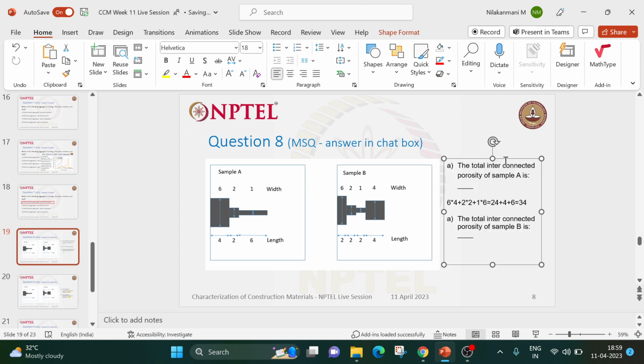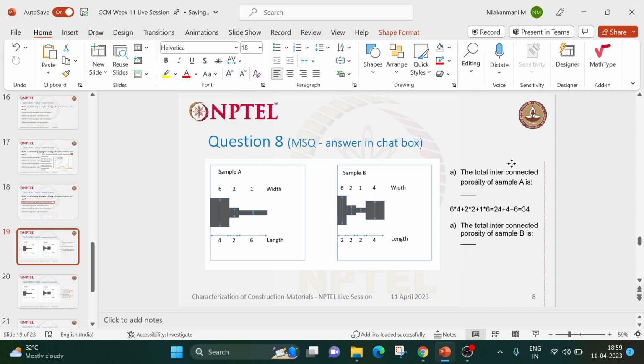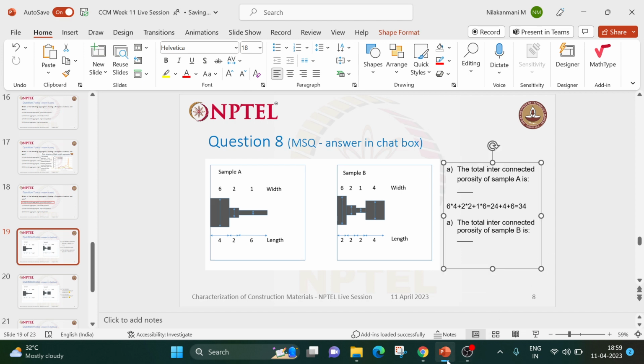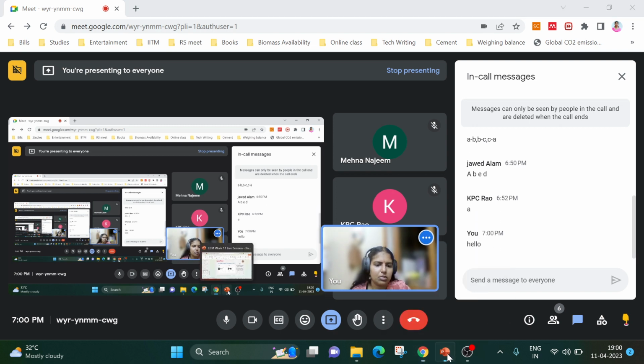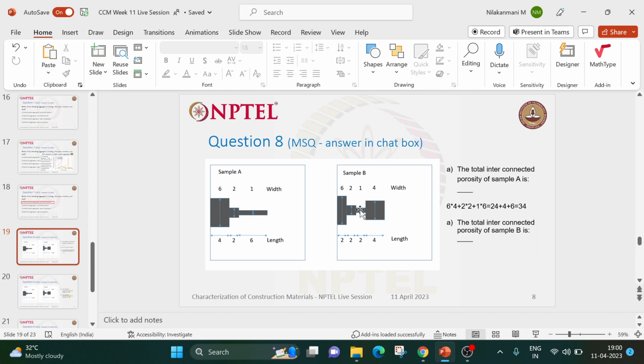So similarly, can you calculate for sample B and tell me what is the total interconnected porosity? Okay, I'm sharing the screen. Please calculate. Are you guys able to understand? Okay, I think since there is no response,